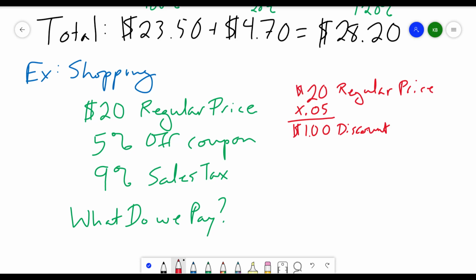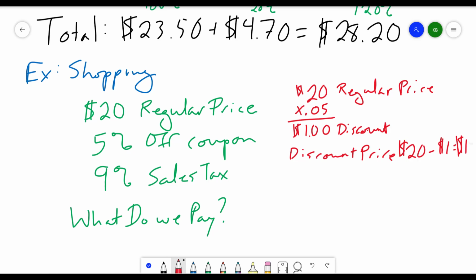All right, so then my new total, so the discount price is $20 minus $1,